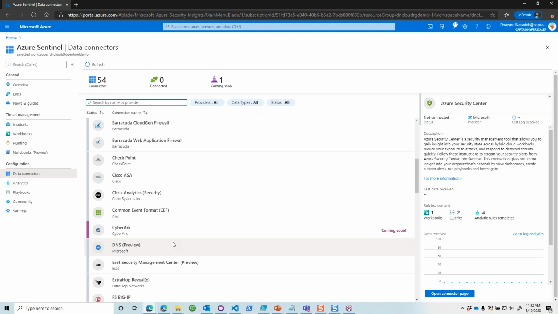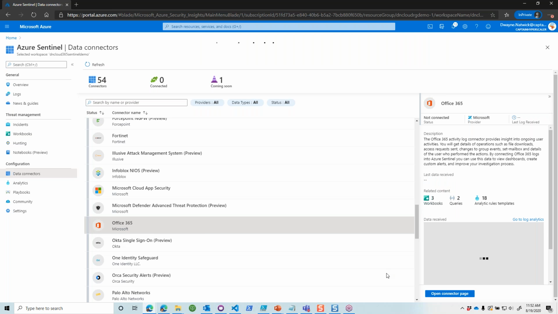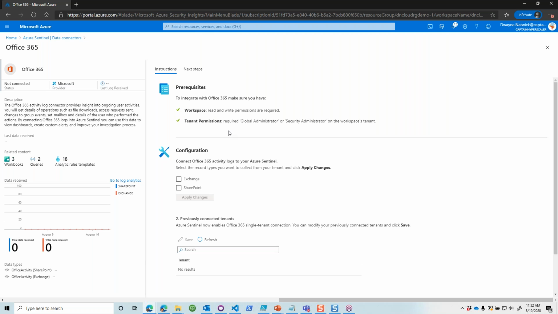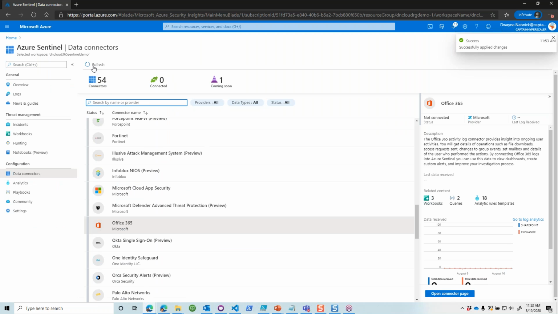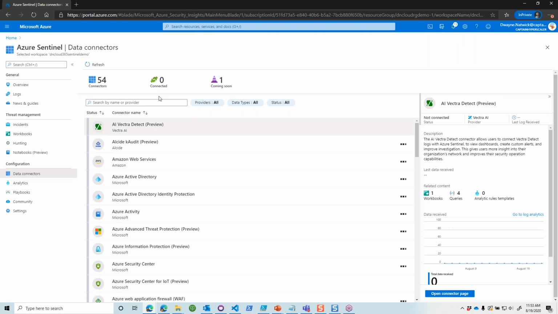Another one is our Microsoft 365 environment. We have Office 365, and we want to monitor activity within there. So again, we open our connector page. Again, my workspace and my tenant permissions are all straight. You have to be a global administrator or a security administrator. If I wasn't logged in as that, it's going to flag that. And then I can monitor my Exchange and SharePoint activity right within here. Again, I've applied those changes. My connection status in a moment will turn over,